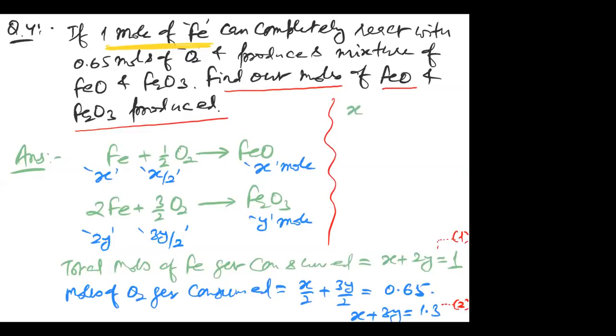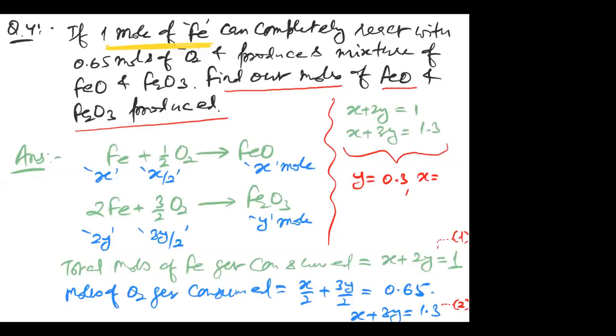One is X plus 2Y equal to 1. Another is X plus 3Y equal to 1.3. So if you solve these two equations, the value of Y you will get is 0.3 and the value of X should be equal to,